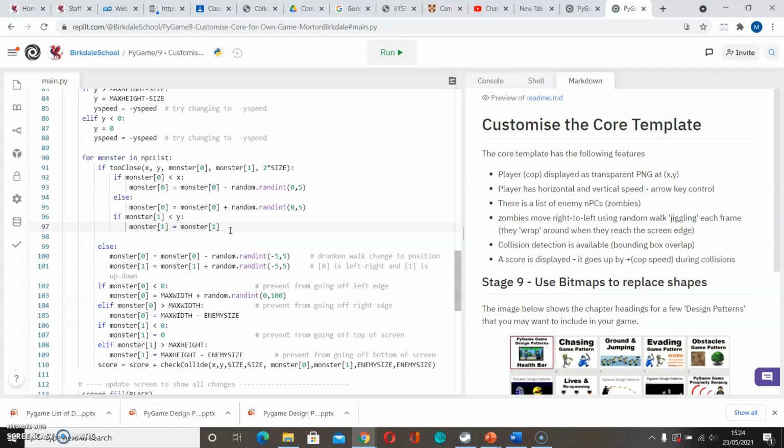Now it's above, so it's going higher, so it's minus random.randint 0 to 5. And I'm just going to copy this bit to be able to quickly do it. If it's